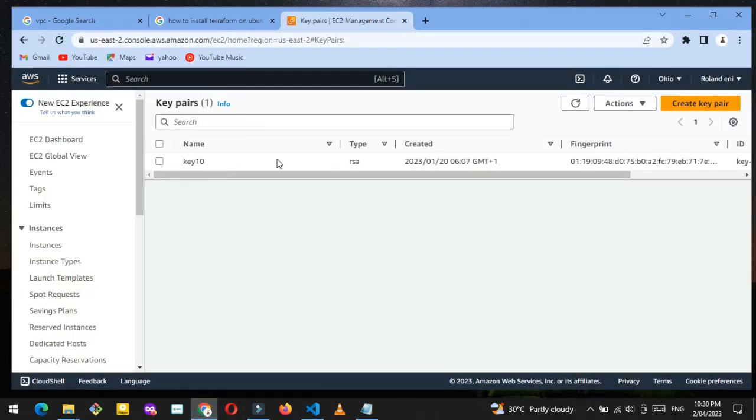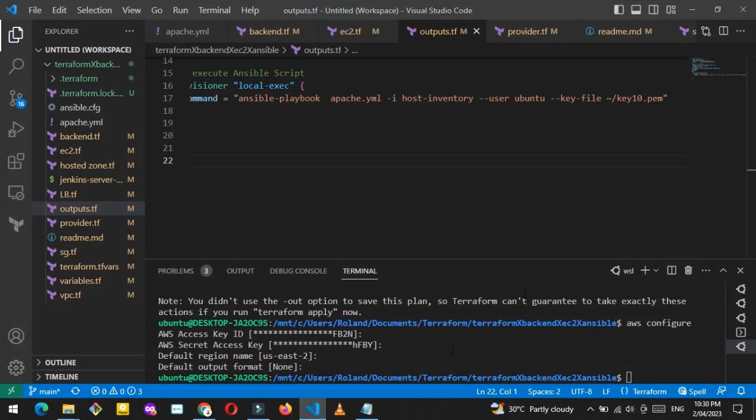Once you have this key created, this is the only thing you will need to create on your terminal, and the IAM user. Once you have the key and you have an IAM user, you go to your terminal and you run everything. So the next command after AWS configure and after putting in our values, the next thing to run is